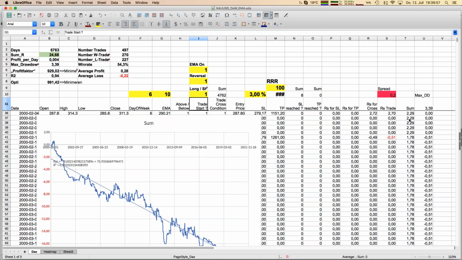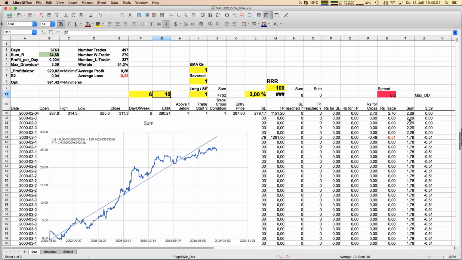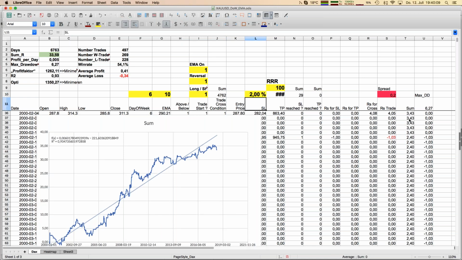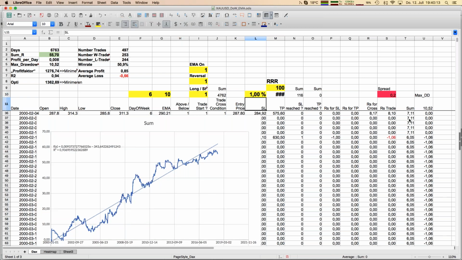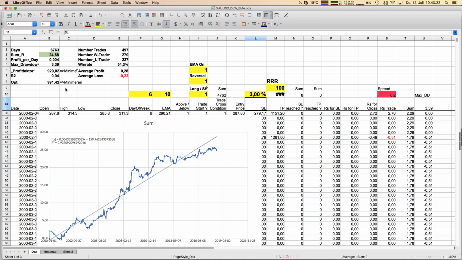Let's go for Friday, and once again we go for long trades on Friday. Right now we have a stop loss of 3%. Maybe we go down to 2%, even further down. You see, we get some more profits here in terms of R's. If we would only look at our optimization number, Opti, then this one here would be a little bit better as well. And maybe we can change to other EMA values. And you see, the good thing is the picture doesn't change that much, which is good, because if we can change our parameters for EMA values and stop loss values, and the equity is still good,